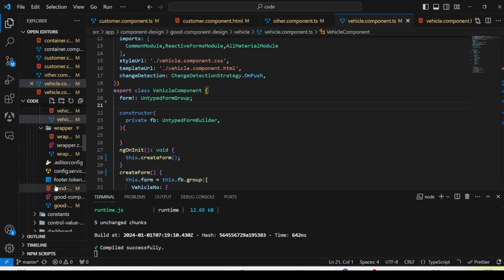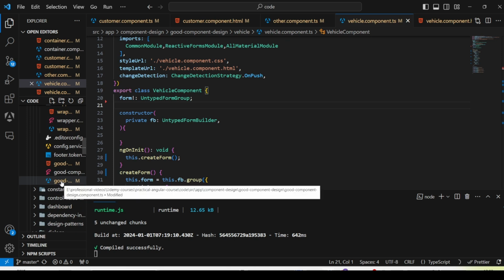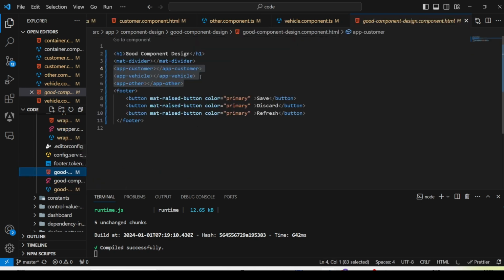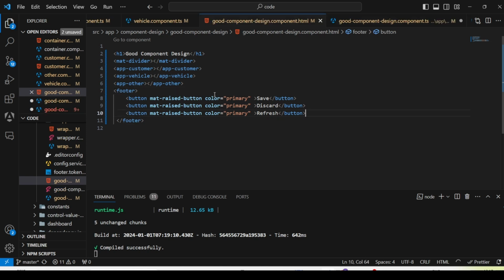Now we are going to create one more component, which is the good design component, and it will hold all three components. So if we go to the HTML, here this is the header and divider. After that, we are going to put the customer, vehicle, and other components here, and in the footer we have three buttons: save, discard, and refresh. Now let's fill the form. We will go to the TS file,